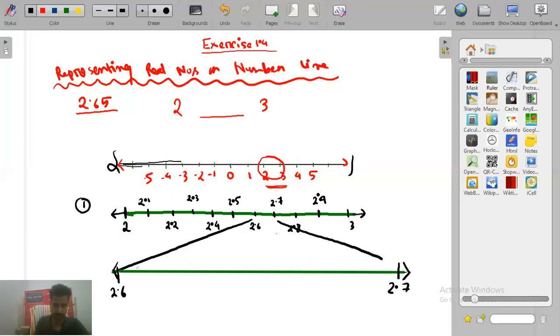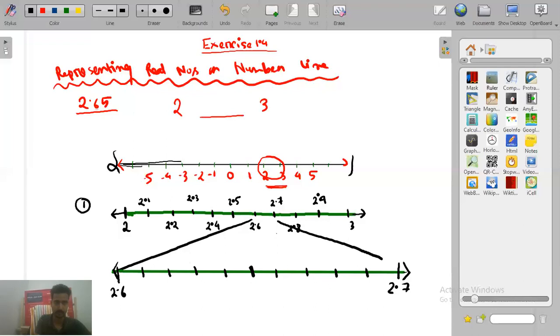Suppose this is your first part, second part, third part, fourth, fifth, sixth, 7, 8, 9, 10. So 10 equal parts. So again you have to write down. Now it will be 2.61. Now see, it will come. Now the second digit will come. Yes or no? That means the second digit after the decimal will come. So it will be 2.61. So there is 2.6. So write down here.